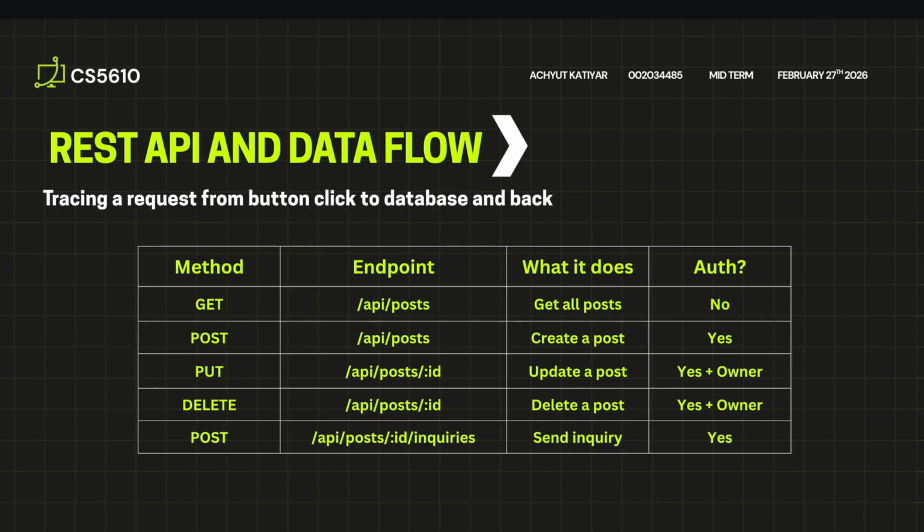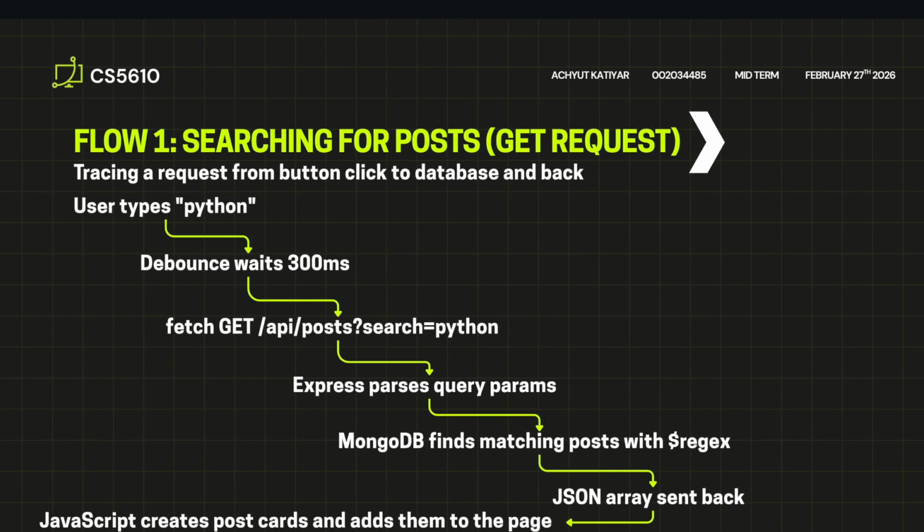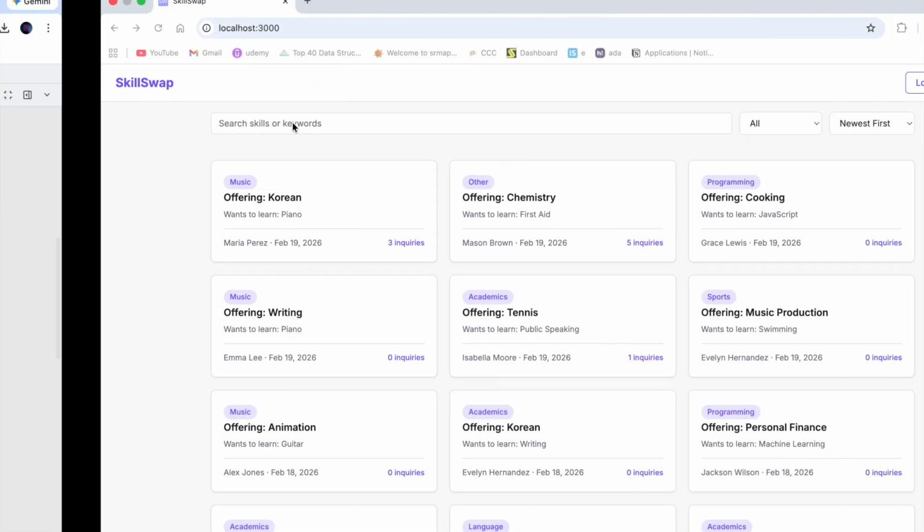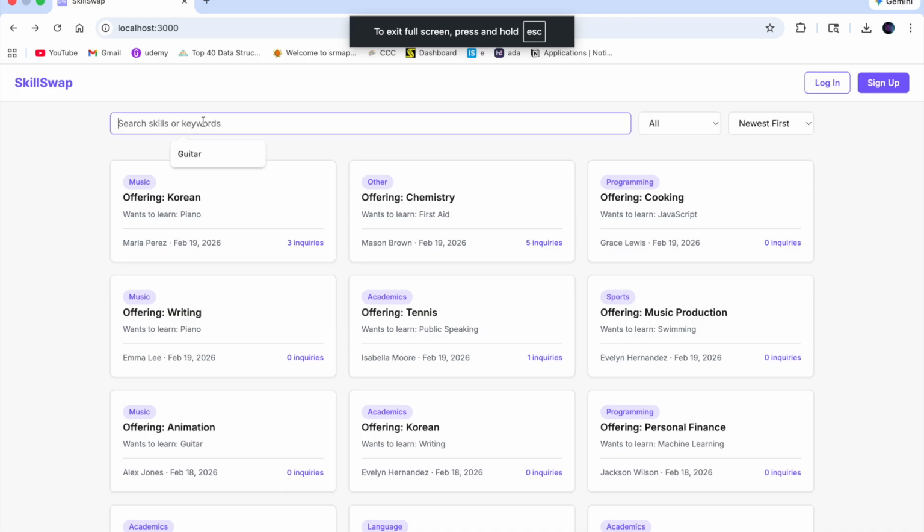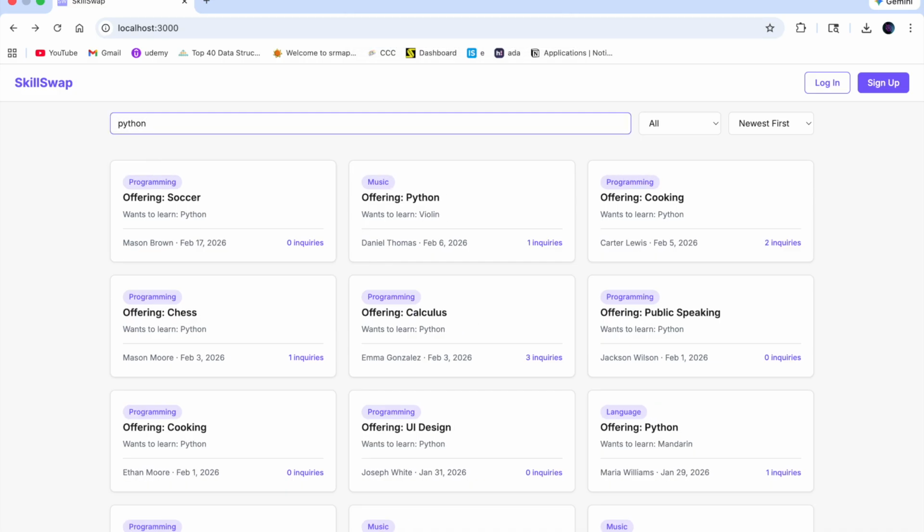Okay, so now I'm going to trace through this. So let us start with the simplest flow. A user comes to SkillSwap and types Python in the search bar. So yeah, he comes over here, he searches something like Python in the search box,